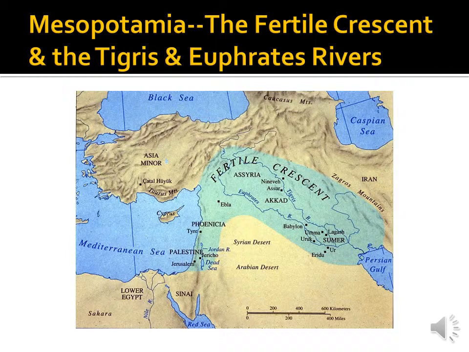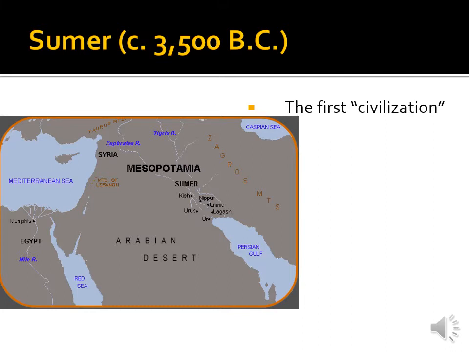And from these, this new culture began to emerge. And this is where civilization begins. And if you look at this map of the Fertile Crescent, down in the southeast, you see an area labeled Sumer. That is where all this begins. Here we see another close-up, this time of Sumer. And Sumerian civilization was the first civilization. And it actually consisted of the people who lived in this geographic area known as Mesopotamia. Sumer was the beginning of civilization proper, and the Sumerians stand out in history as the first group of people